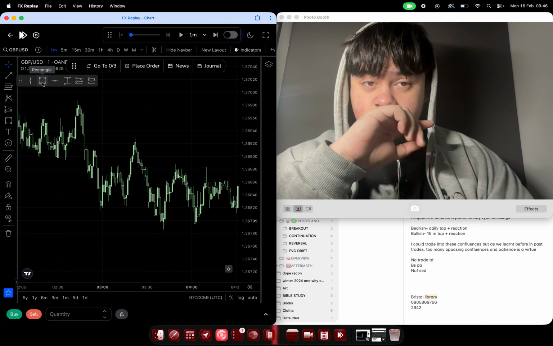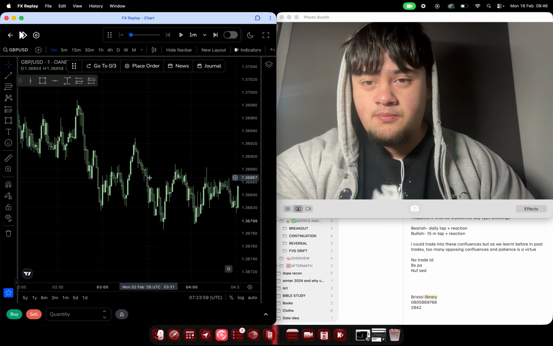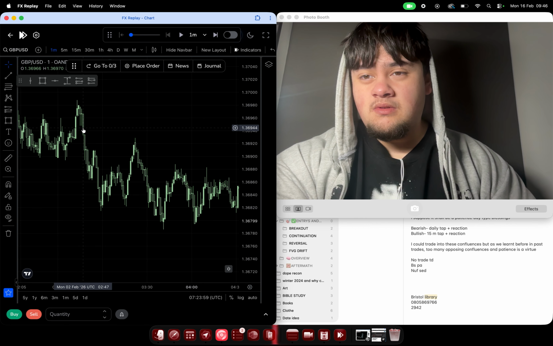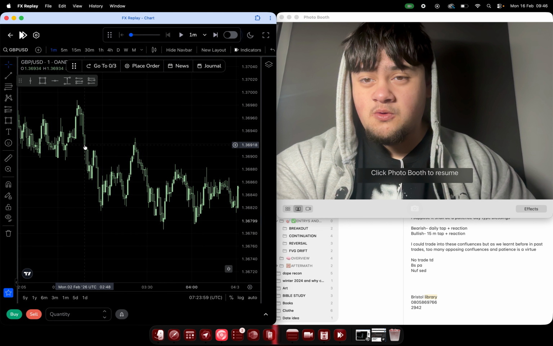So what you're looking for is price within a trend. If on this screen you got price in a downtrend, and then as it's coming down in this downtrend, it's coming down with such bearish force that it leaves